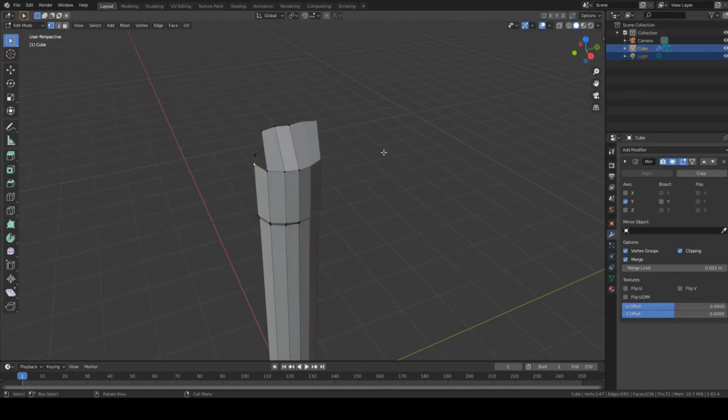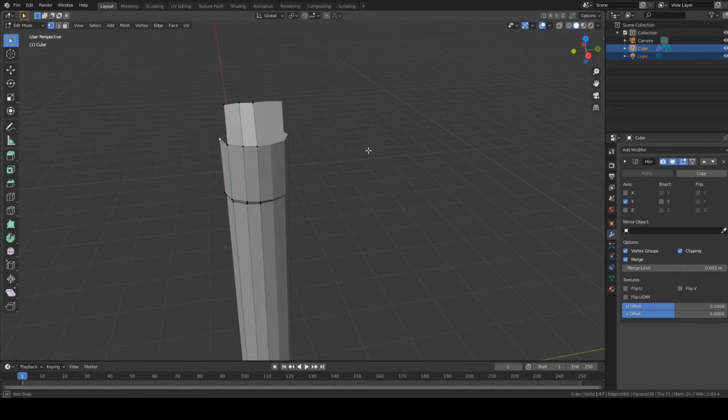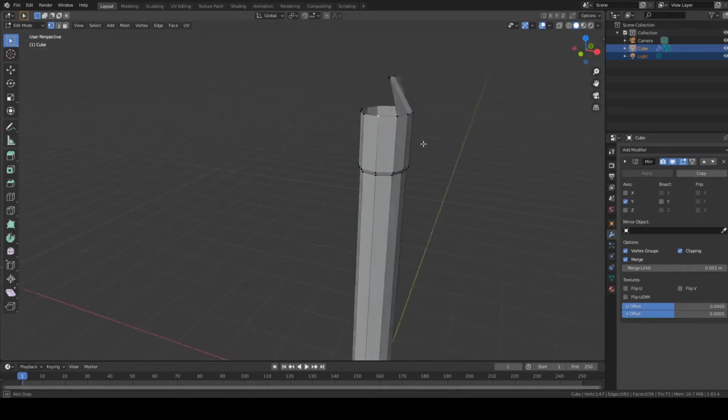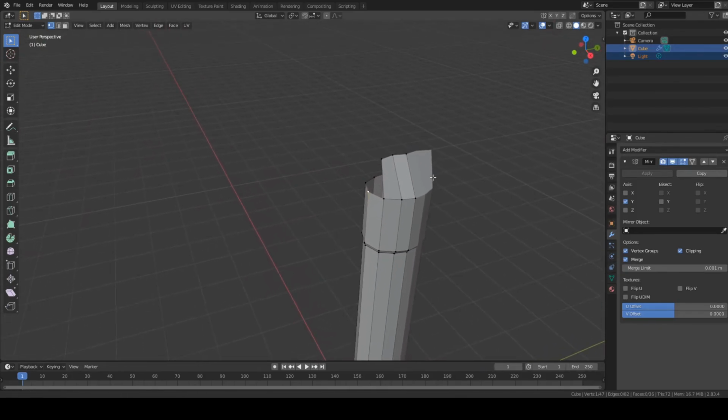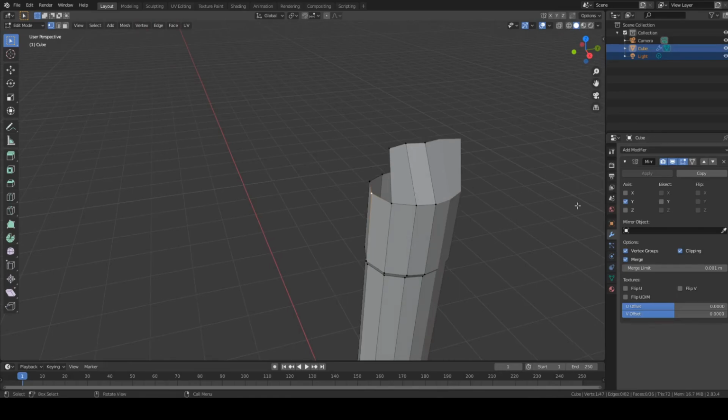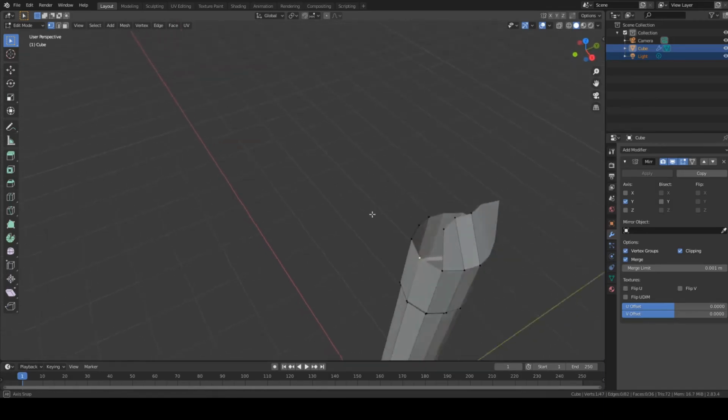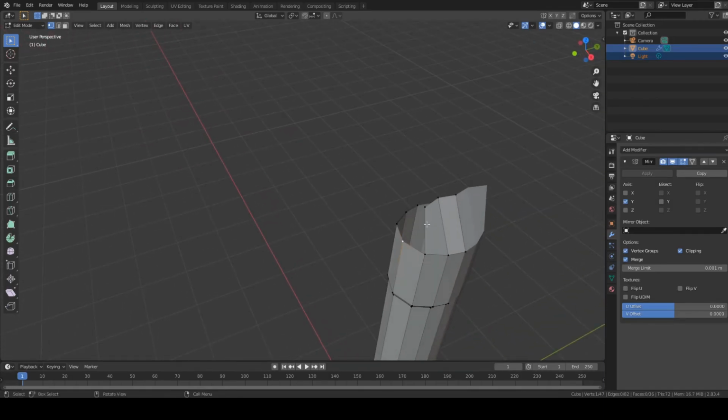Alright, so now the other parts, let's see, I think, well, we're just doing one side because the other side's going to be symmetrical and be able to mimic the other. So now, I guess what we want to do is get this blade out this way. But it's done in a way that's really flat, which is interesting. So we're going to have to do that. I think the best thing to do might be